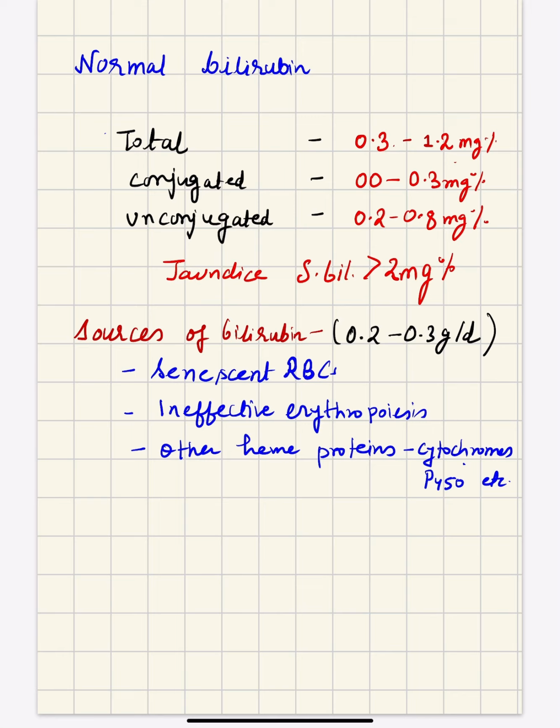Now this bilirubin has to be removed from the body because it is harmful if we have higher levels of bilirubin. When the bilirubin is formed in the body, it is conjugated by the liver and then changes to its water soluble form, and it can be easily removed from the body. The unconjugated fraction of bilirubin is not water soluble. It is bound to albumin and cannot be excreted from the body. So the body conjugates this bilirubin with the help of certain enzymes, and then the water soluble fraction gets removed from the body. This is the normal physiology.